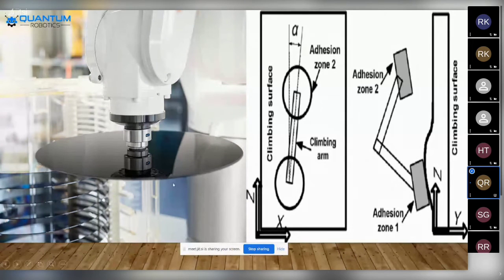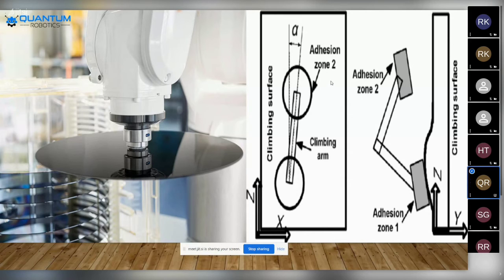And here you can see that the plate is there, and any type of side, any type of material, like a lightweight part, it is going to be handled and picked up. And when we go with the 3D axes, the x-axis and the y-axis, the z-axis will be in a linear motion. It is used over here. The climbing arm, the climbing arm adjacent of zone 2, how the zone 1 will be, how the zone 2 will be, the angle rotation and the alpha methodology, how it is going to work.